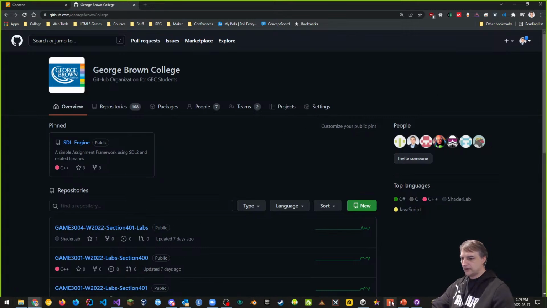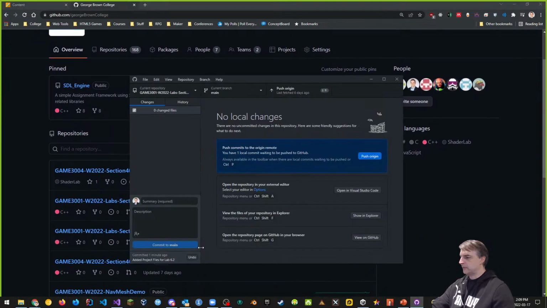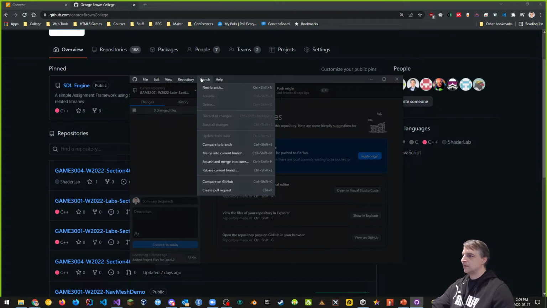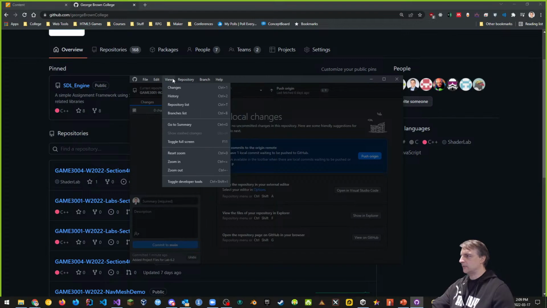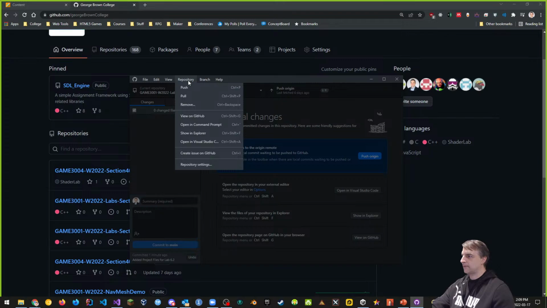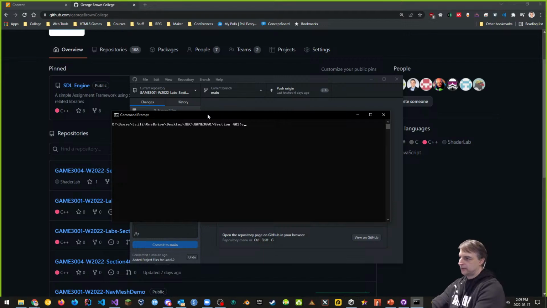And the other thing that we can do with GitHub, because section 401, section 400, yeah, that's really weird. The great thing about GitHub Desktop is it also gives us support to do command line. So we can always go to command line here as well. Let's see if I can do that. Open in command prompt. Sorry, guys. One problem after the other, I always say.